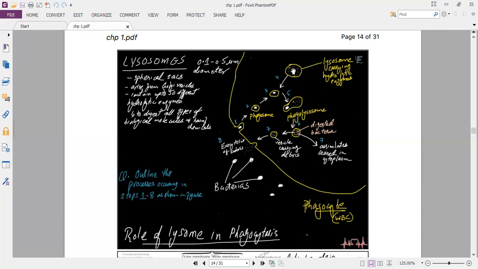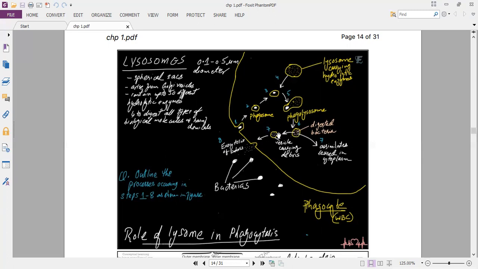And then there is a lysosome carrying hydrolytic enzymes, and this is enclosed in a membrane as well. Both these will fuse together, the phagosome and the lysosome, to form a structure called phagolysosome. So in the phagolysosome, the lysosomal enzymes start to digest this particular bacteria, and then it kills it altogether. The digested bacteria will have nutrients such as amino acids, glucose, and fats, and various other compounds that the cell can use for its own benefit. So it will just extract those assimilates, and it can reuse them in its own cytoplasm.